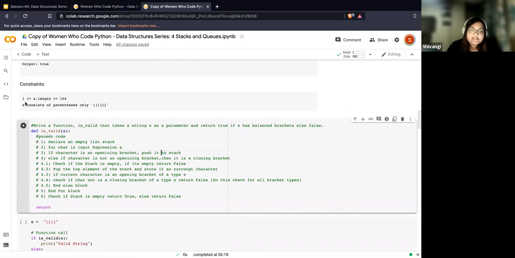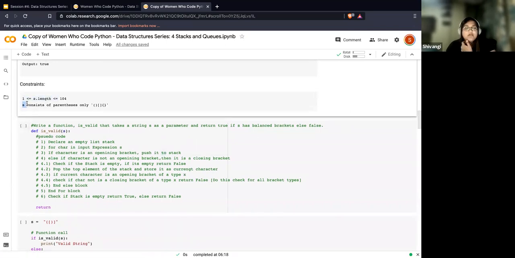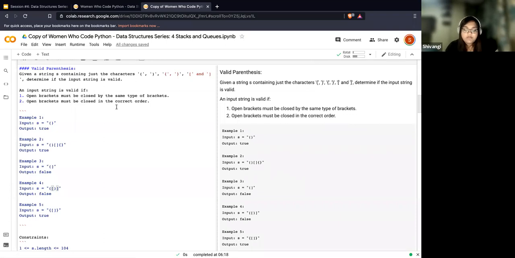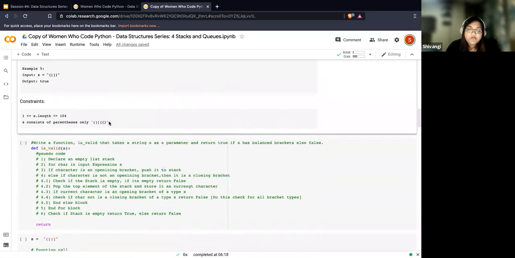Okay, there are some constraints given here. In a normal real world problem, you would probably want to do checks for the types of brackets appearing in the string. But in the scope of this problem, you can assume that only these characters are going to appear in your string. So you don't have to solve for white spaces or unnecessary characters. And they've also mentioned the string length cannot exceed 10^4.